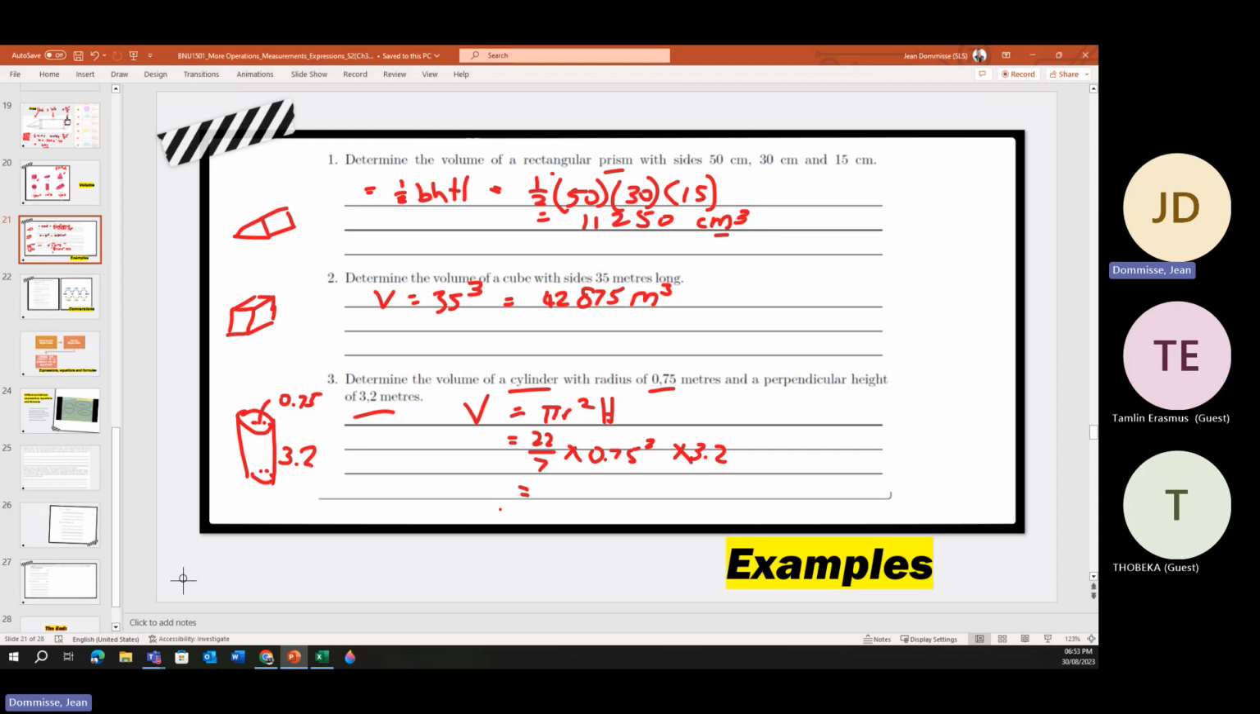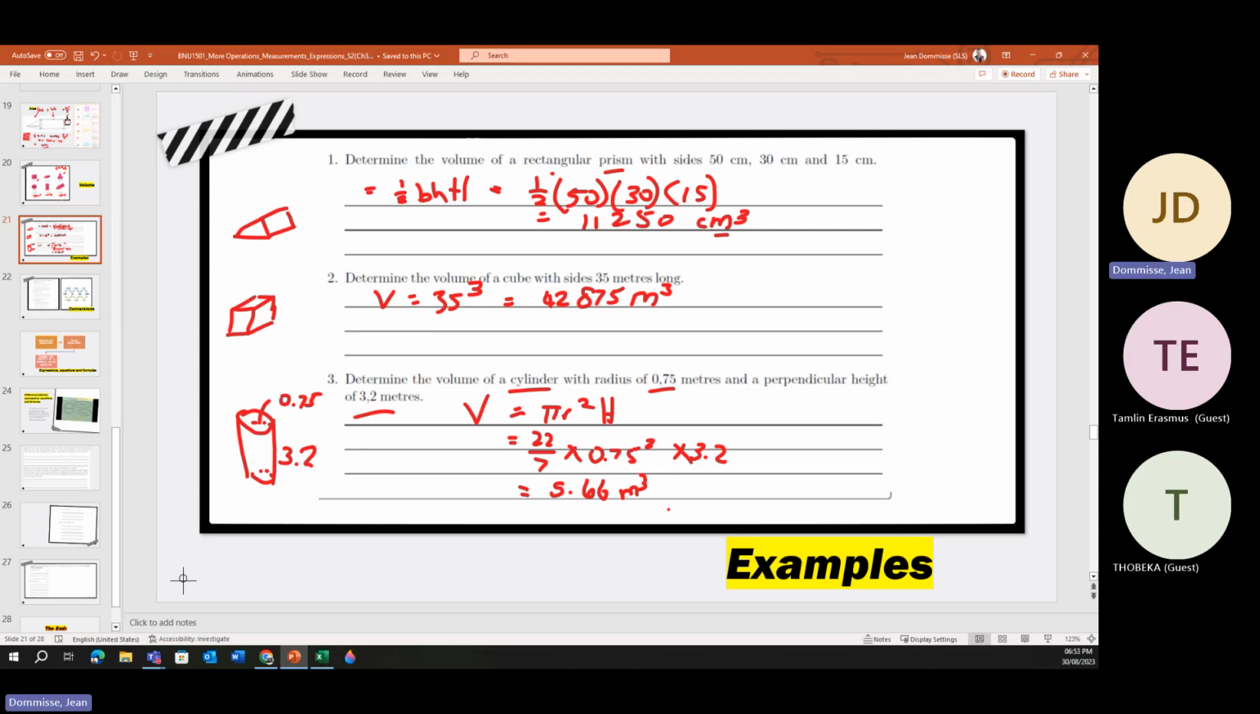22 divided by 7 times 0.75 times 0.75 times 3.2, and let's round it off to two decimals. So I get 5.66. And again, remember cubic meters. Okay, so that is how we would have solved